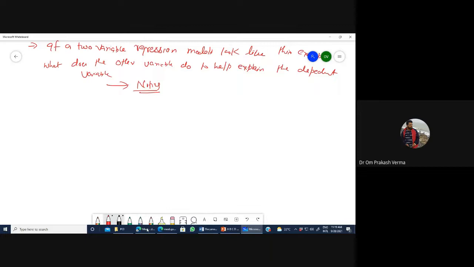So now let's take a review of what we have studied till now. Simple linear regression is really a comparison of two models.